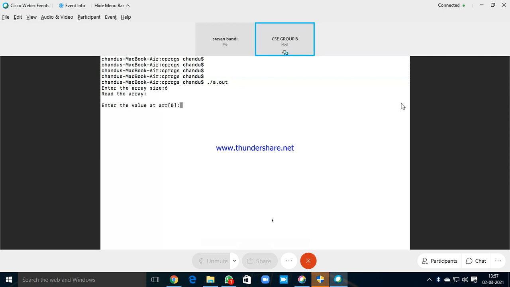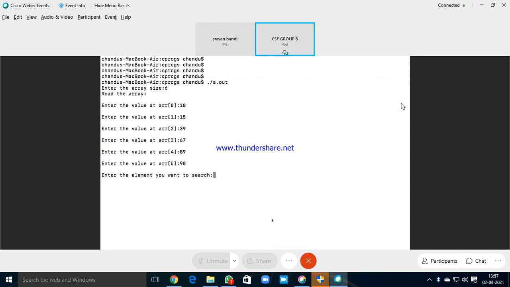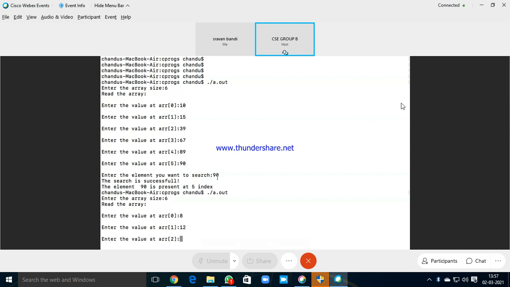Okay, this time I'll give a larger array size. The only thing here is it should be in ascending order. If it is in descending order, it will not work. Okay. You tell me, ma, which element you want to find? 90. Okay. Search is successful. The element 90 is present at 15. Any other value? The only disadvantage is that for every value I have to again read all the values and show you the output.